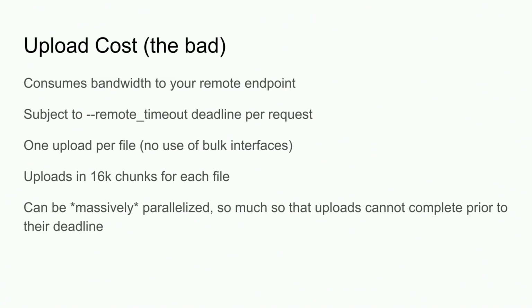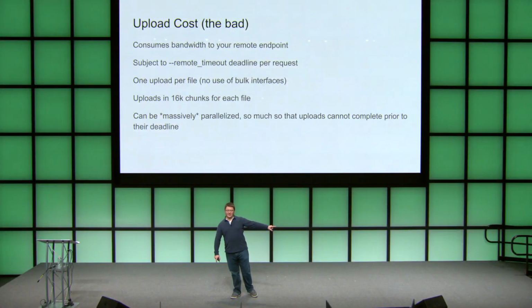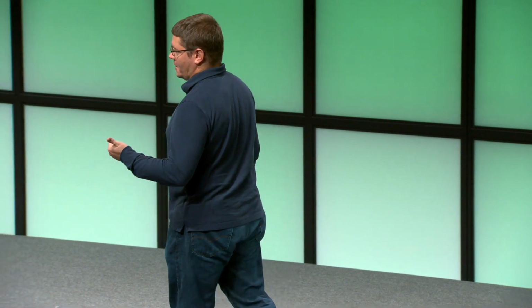Does anybody know what the recommended default remote timeout is for RBE instances? 30 seconds? Anybody else? All right, this might be going back a ways, and I might be wrong about this, but the number is 3,600 seconds. Each action execution is guaranteed, based on the default config that was distributed with RBE as a recommended environment, to take up to an hour in order to accomplish its goals. That means that it was dealing with possibly